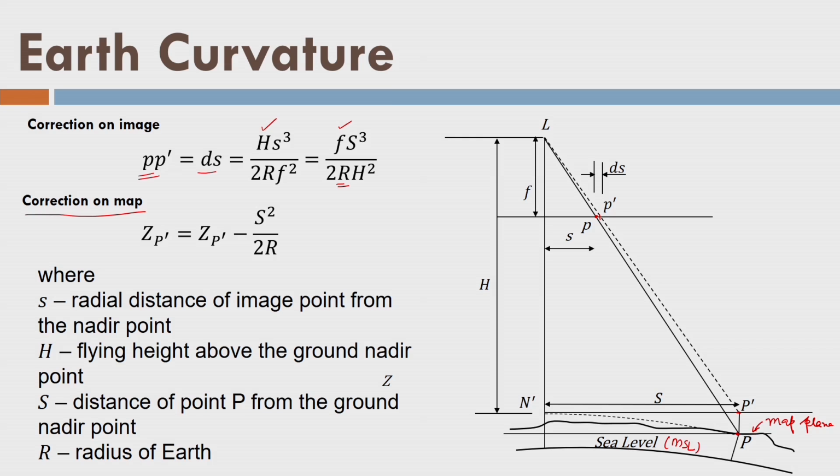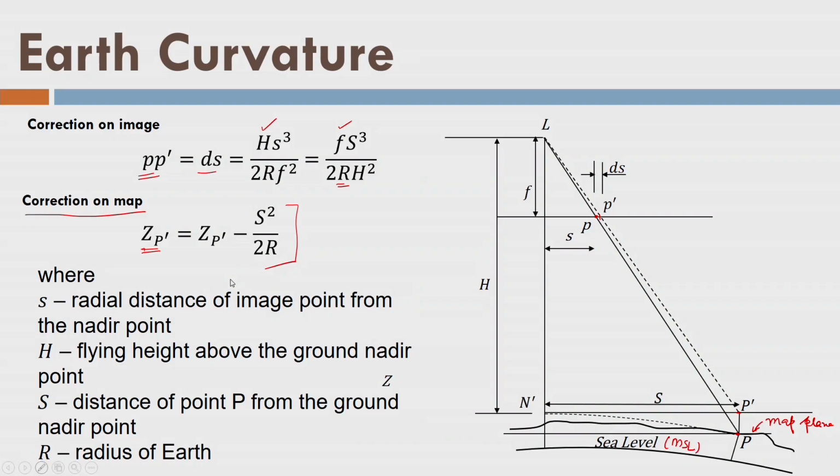However, we have measured elevation ZP, and now we are assigning elevation ZP above the map, and it becomes P dash. So, when I correct image with the help of a map, I am assigning P dash point instead of P point. So, let us correct our map, or let us correct the elevation of point P dash. Correction is given by s square by 2r. So, this is the correction we need to apply here, so that I will correct the elevation of point P dash itself, and then either I will do this or do this. Either of the two I can do, and I will correct image, or maybe I can correct map. So it was the earth curvature correction.